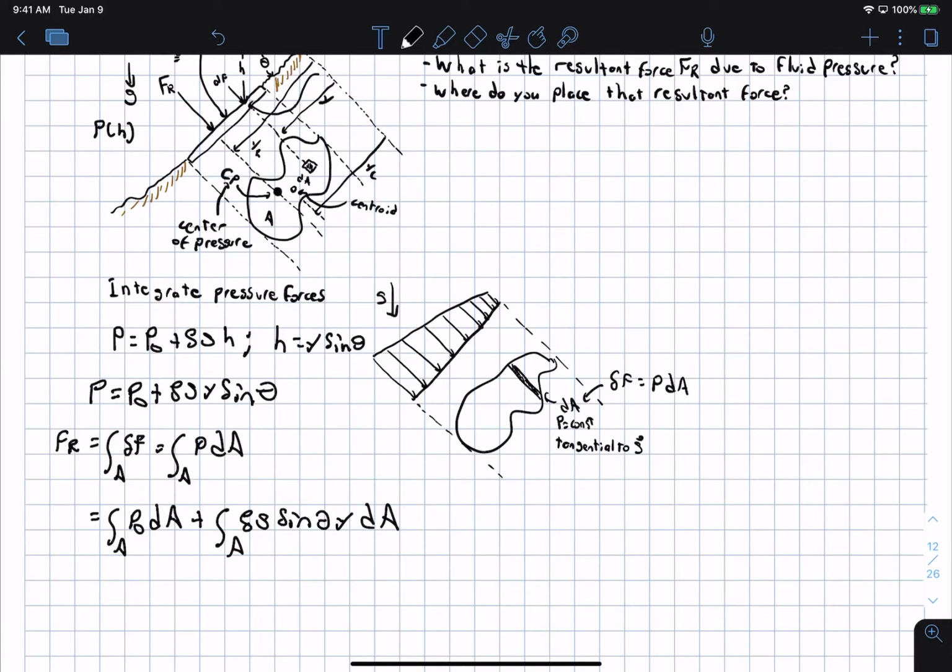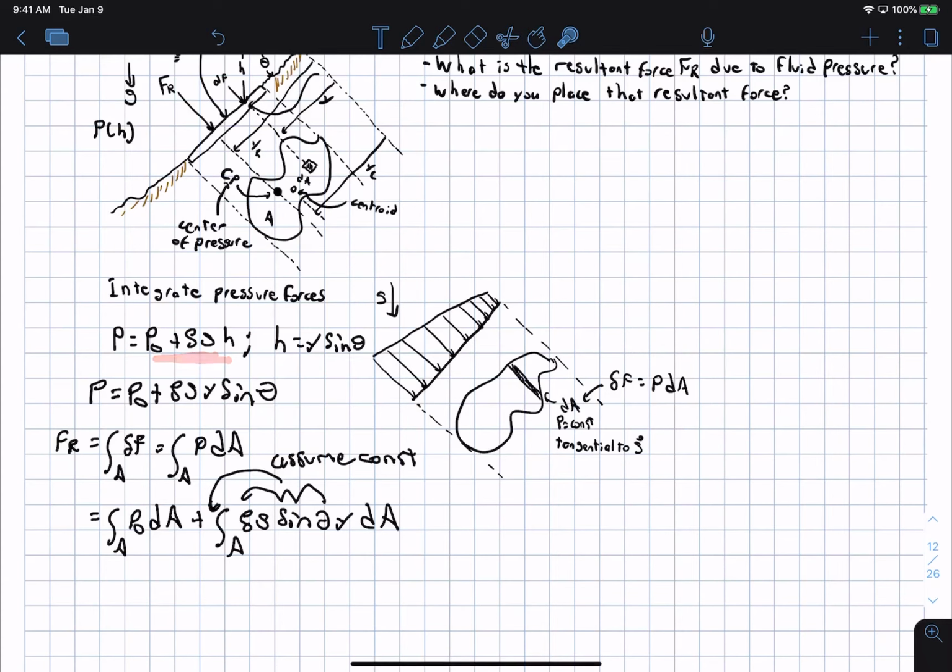And we're going to assume that basically rho and g and sine theta are constant. Well, theta has to be constant because we're assuming a planar surface. Okay, and also we've implicitly assumed that both rho and g are constant just by how we define the